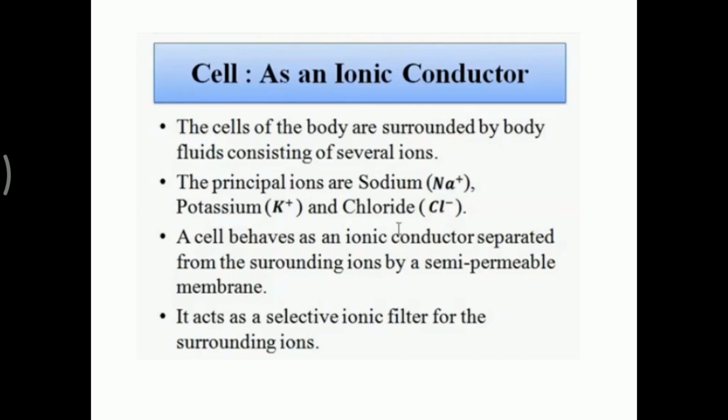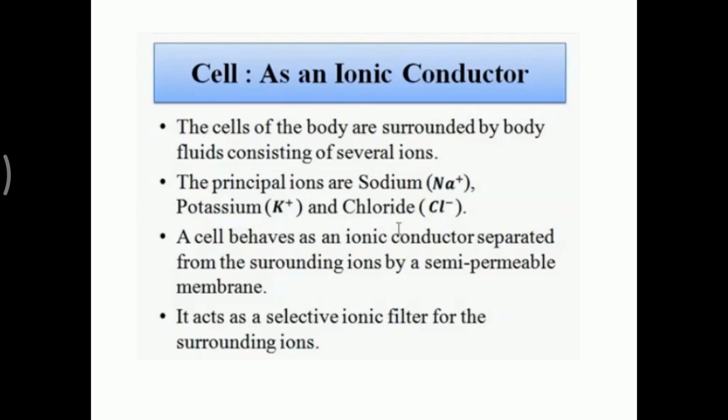So how is it generated? Sodium has a positive charge, potassium has a positive charge, and chloride has a negative charge. Once the negative and positive charges are separated, there will be an electric potential. So what separates them? The cell membrane separates the positive and negative charges. When does it separate them? Both when we are in the rest position and when we are in the excited position, the cell membrane separates the positive and negative charges.